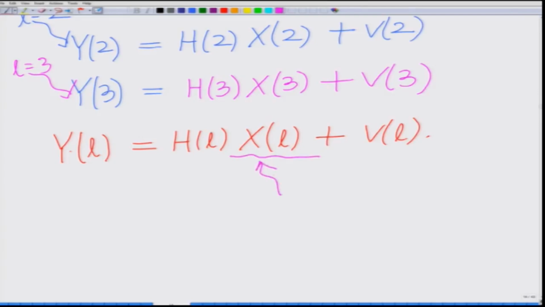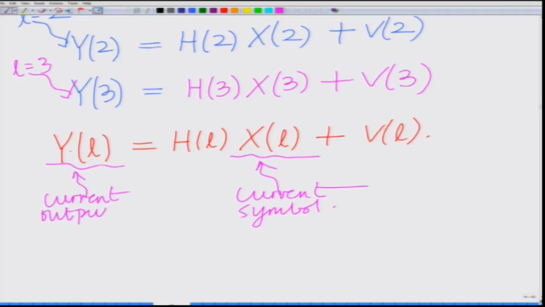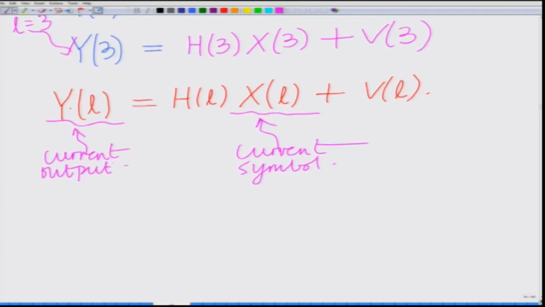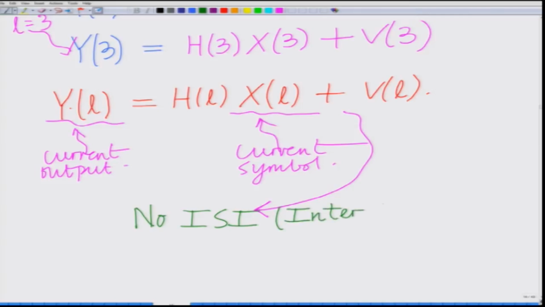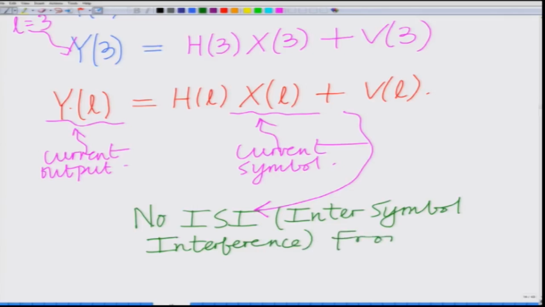This is only the current symbol, that is the current symbol loaded onto subcarrier L, and this is your current output across subcarrier L. And therefore, there is no inter-symbol interference, no ISI, from the previous symbol on each